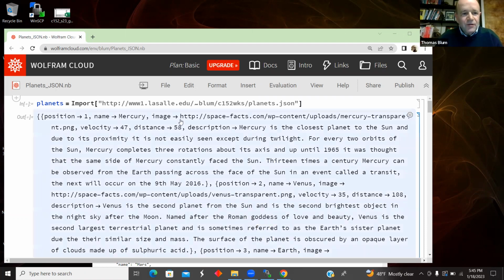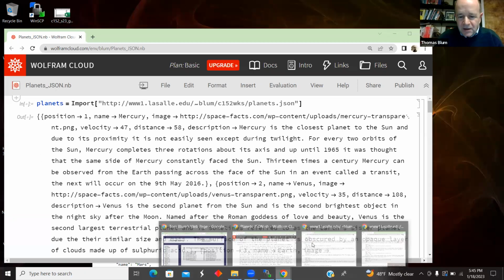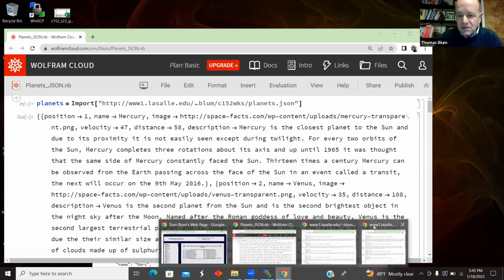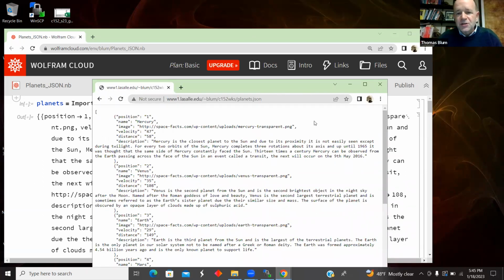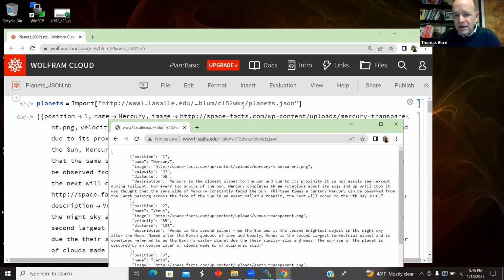This is my sort of version 1, and then I'm going to show you another version. And I may need in the end a third version, but this is just planets. The other one's going to be planets2. Planets.json